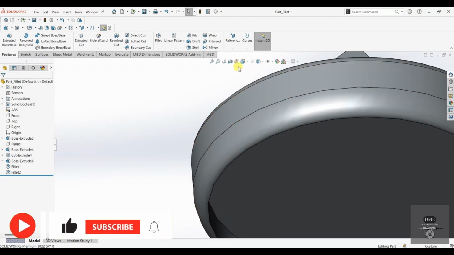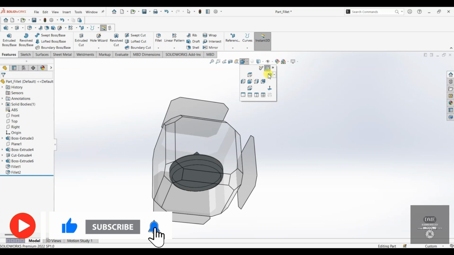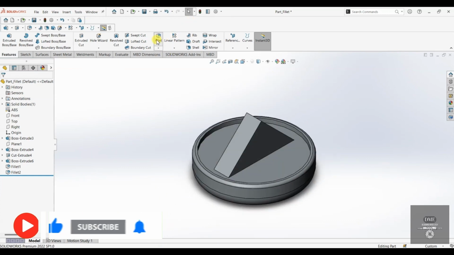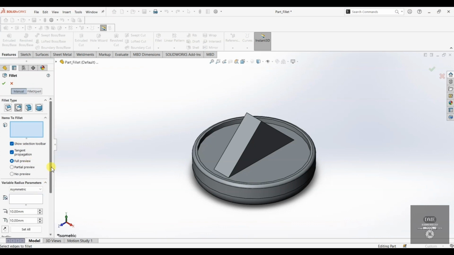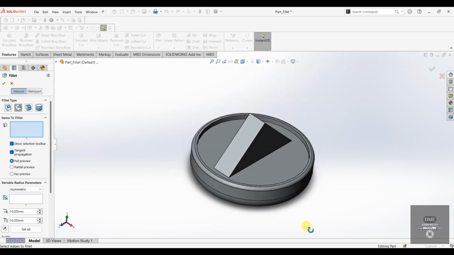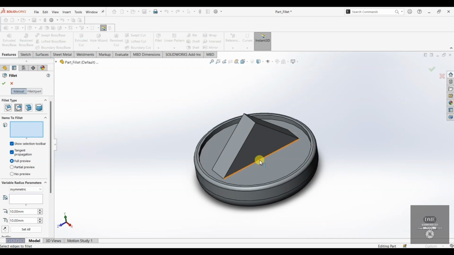This is almost similar to variable size fillet. I'm going to show you how. I'm going to switch back to trimetric view here, and then I'll go to fillet. So instead of using constant size fillet, I'm going to use variable size fillet now. So I'm going to select variable size fillet, and under items to fillet, it is just like constant size fillet. All you have to do is you need to select an edge. So what I'm going to do is I'm going to select some edge. Let's say I'm going to select this edge here,